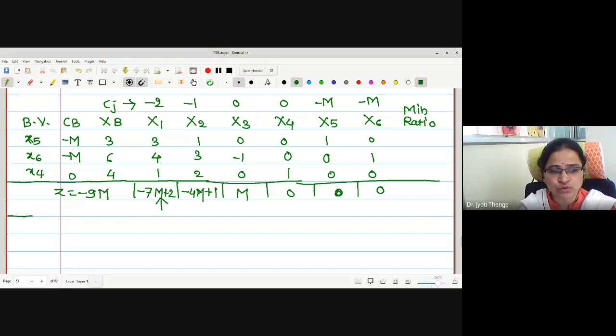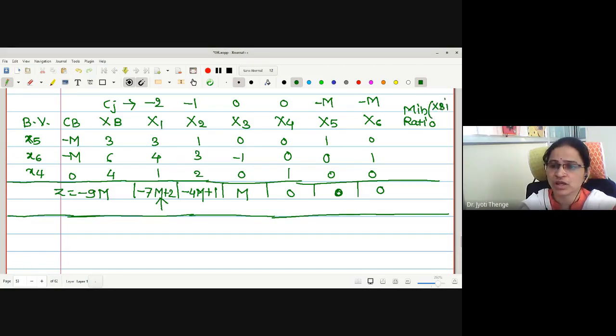Now if this variable is going to enter the basis, we have to find out which variable can leave the basis. To find the leaving variable, what were we doing? Finding the minimum ratio. What will be the ratio here? XBi upon Xi1, right? The first variable is entering the basis. That is xb1 upon x11, xb2 upon x21, xb3 upon x31, that is the xb column upon the x1 column, provided the entries in the x1 column are positive. Here we observe all the entries are positive. Therefore, the 3 ratios can be calculated.